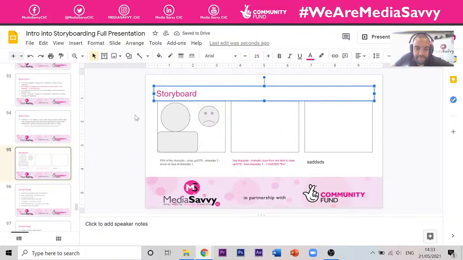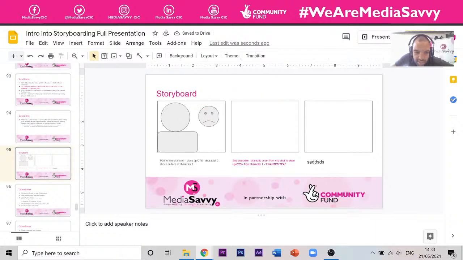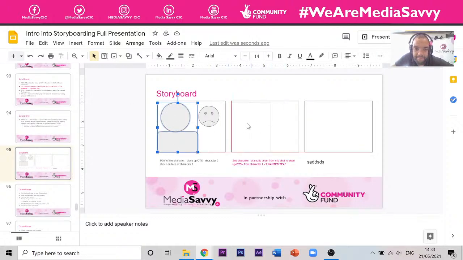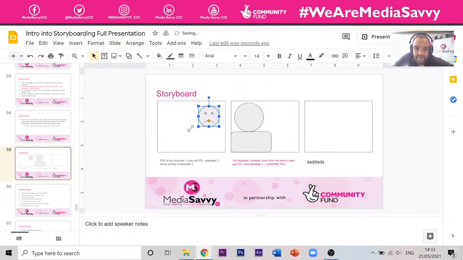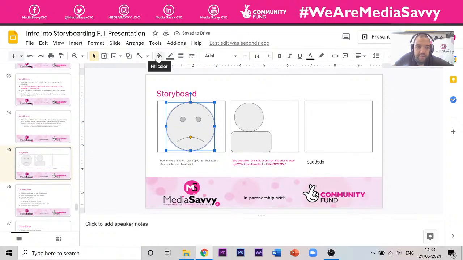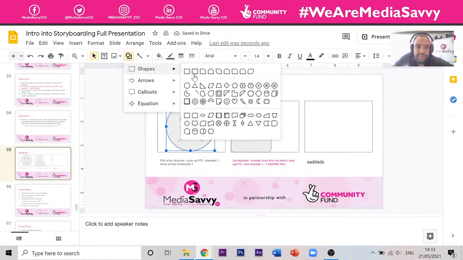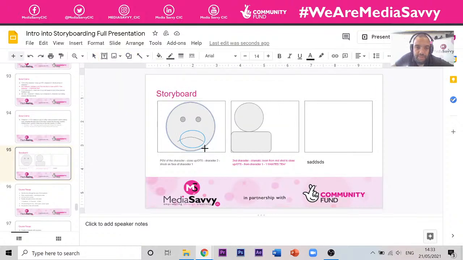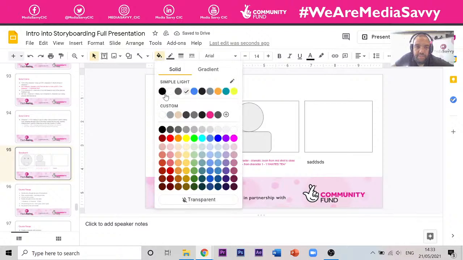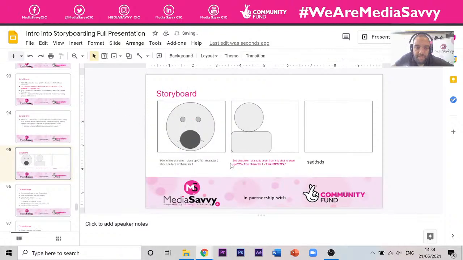Because they were character 2, shotgun face of character 1. So alright, sorry, I've gone a little bit ahead of myself. Move that over there, and then I'll put a big close-up of character 1 there. Okay, and then what I'll do for shock, we'll put a little circle for their mouth, change that over to that,